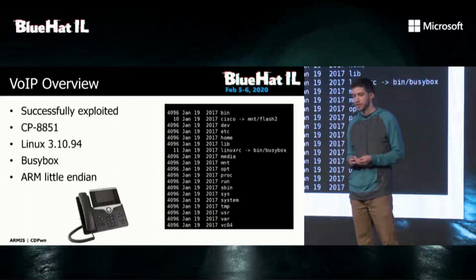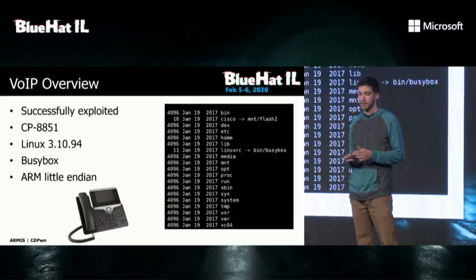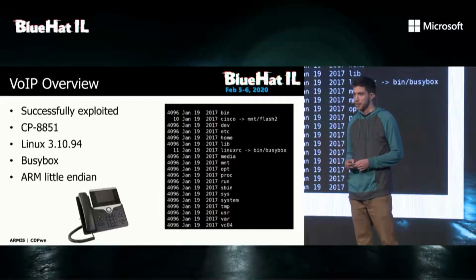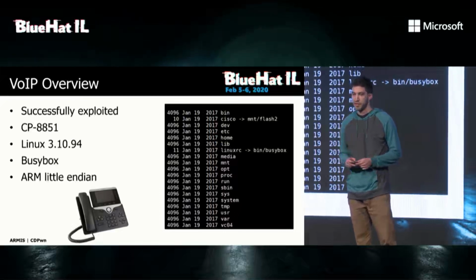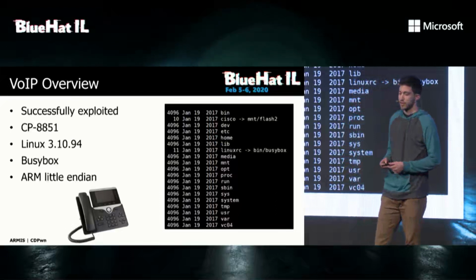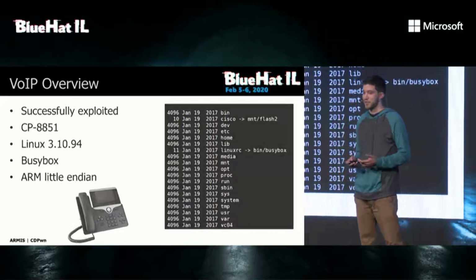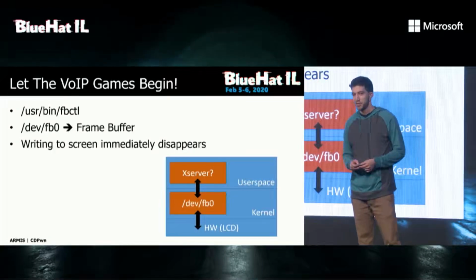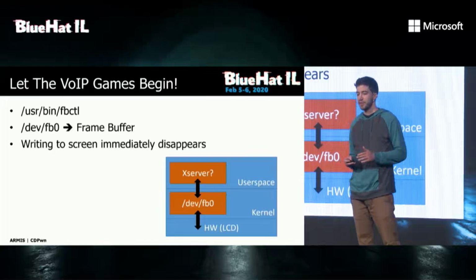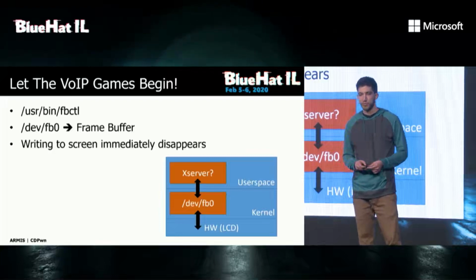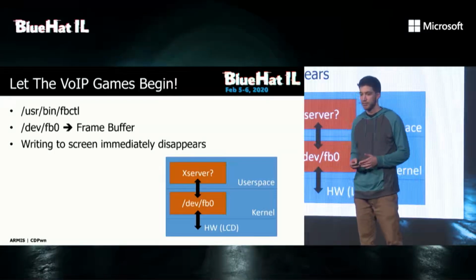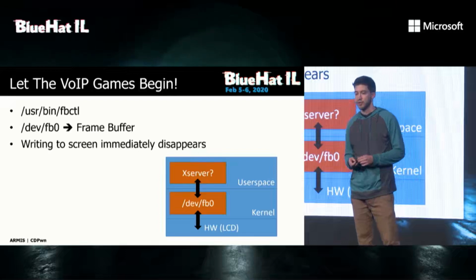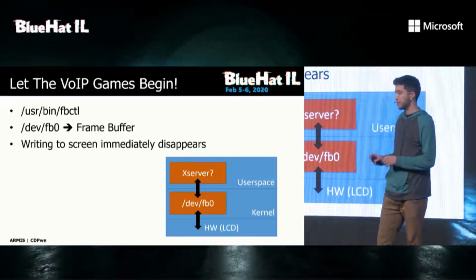So this phone has a Linux system with BusyBox and runs over ARM little endian, which gives us a lot of space to do whatever we want. A lot of stuff is already documented. And it has a nice screen, so we want to see what we can do with this screen. We found this utility called FBCTL, which pointed us to understand that this device uses a frame buffer as a graphics driver. As you can see on the right side of the slide,